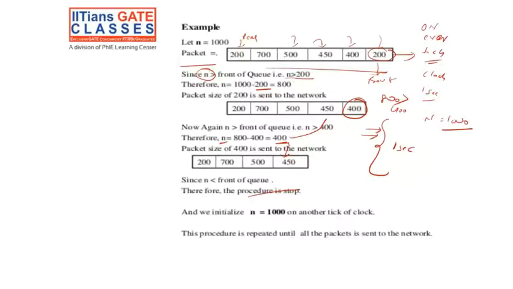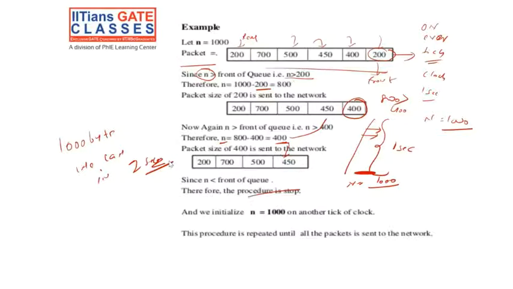Now we have to wait to complete this second. Once this tick is completed, your n value becomes 1000 again. In 1 second we can send 1000 bytes. That's it. This is the output rate we are making. So it is a fixed rate. Maximum 1000 bytes we can send in 1 second, otherwise not. So in that particular 1 second, 2 packets are sent.